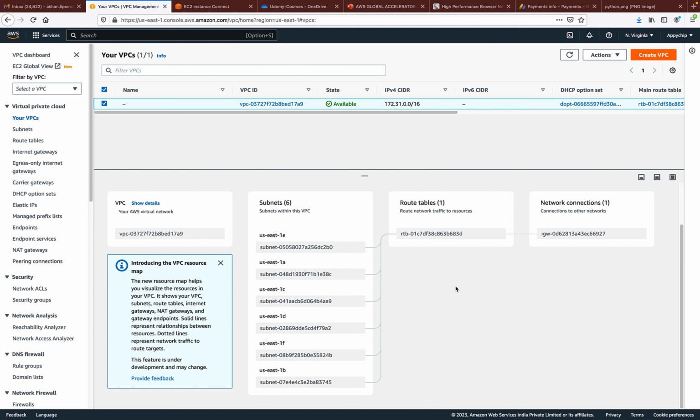So it's really helpful. And one of the use cases you can think of is, you can analyze your current VPC, and you can architect or re-architect your current VPC. You can analyze what all subnets you have and how they are associated with route tables, and accordingly you may want to modify it. Since this feature is under development, we don't have much detail as of now, but